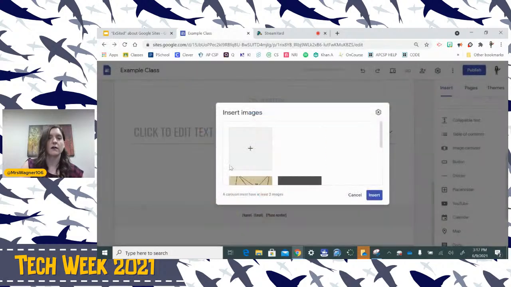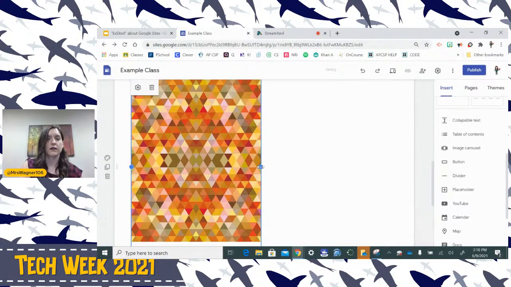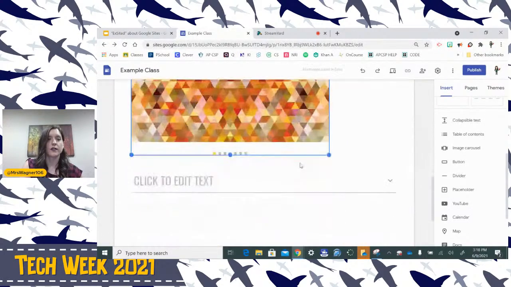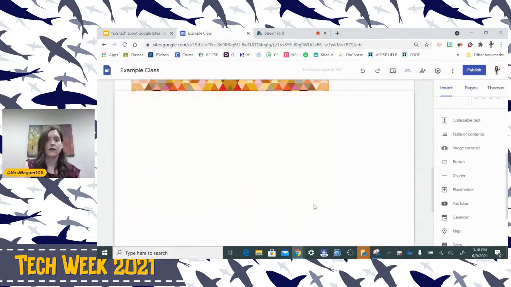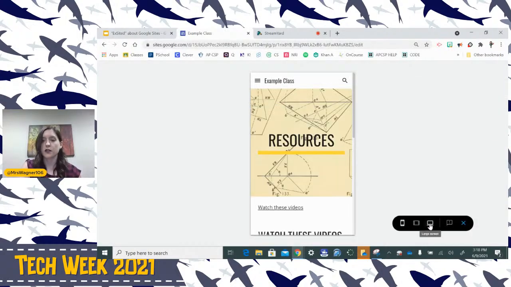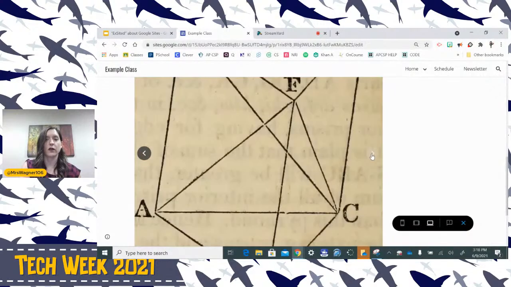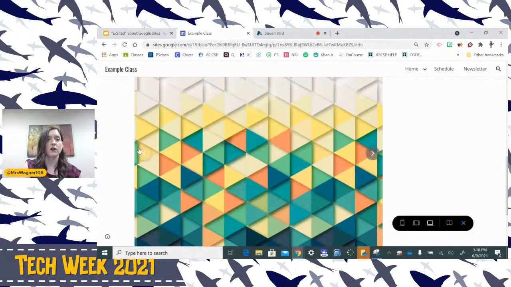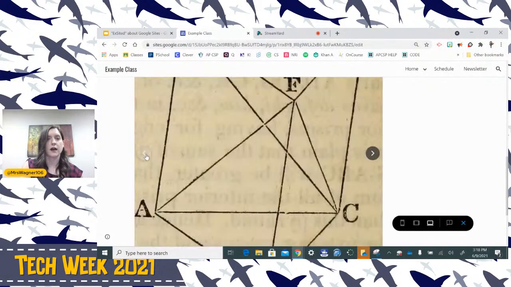You could insert them. Format the size however you would like it. And what this does is it creates the opportunity for them, let's look at it on a computer screen, to flip through multiple images without having them all on the page together and overwhelming. They would just be looking at one at a time.